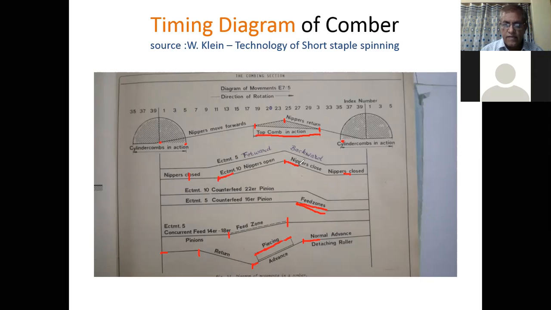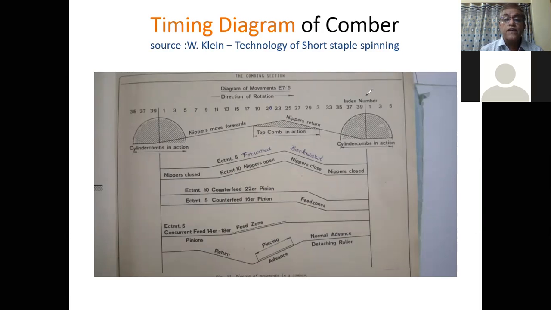So this is the sequence of operation. We have studied the timing diagram of the combing cycle.